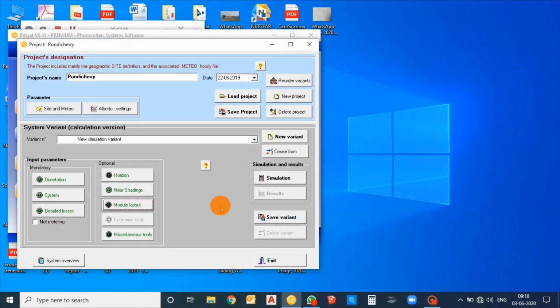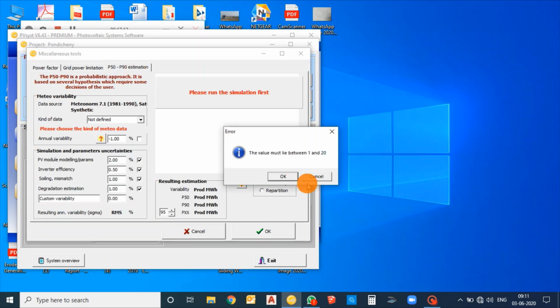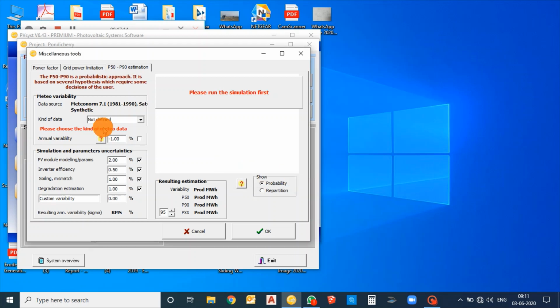all the modules. I'm going for the miscellaneous tool: power factor, grid limitation and probability. So for probability, you will be setting 2.5% for annual variability, and the kind of data you are selecting will be specific year. For the whole year you need a generation report, right?